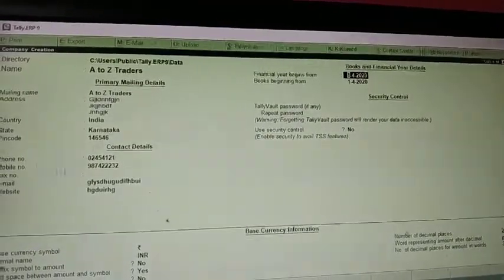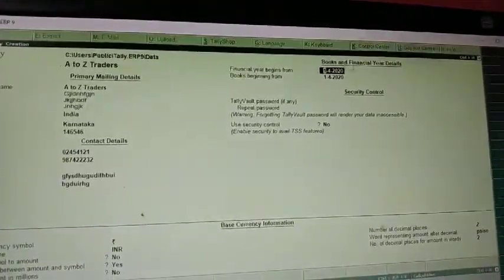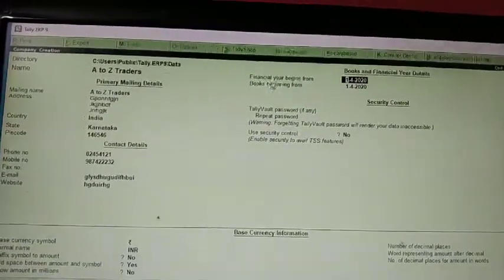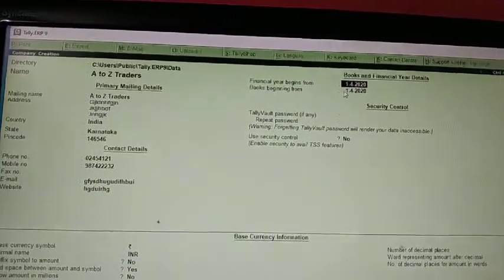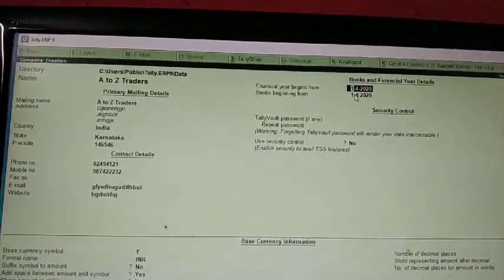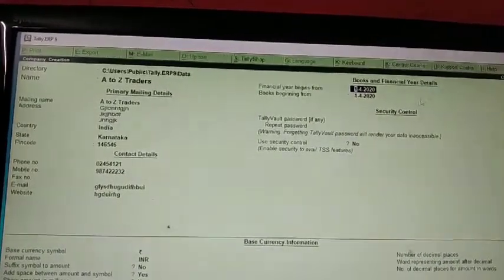Now, the next main part is books and financial year details. This is one of the important parts while creating a company. That is the financial year beginning from. Always the financial year will begin from 1st April and it will end on 31st March of the next year.